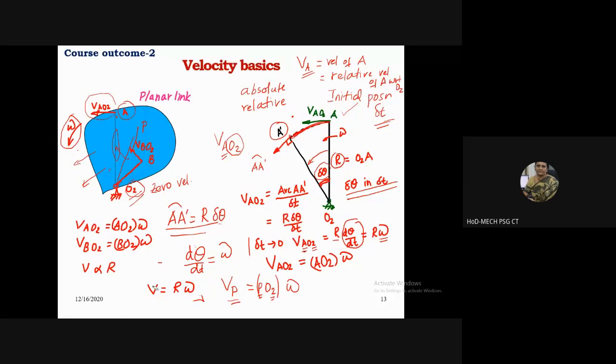You find that the linear velocity of any point on a link which is rotating can be found out as r, being the distance between the point of interest and the center of rotation, multiplied by omega, the angular velocity at which the link is rotating at any instant of time. Omega could be a constant, omega could be a variable also. If it is an input link, normally omega will be a constant. For other links, it will be a variable. It will keep on varying with respect to time. Now if you want to find out the velocity of some other point B, you need to join that point B to O2, and the velocity of B will be given by